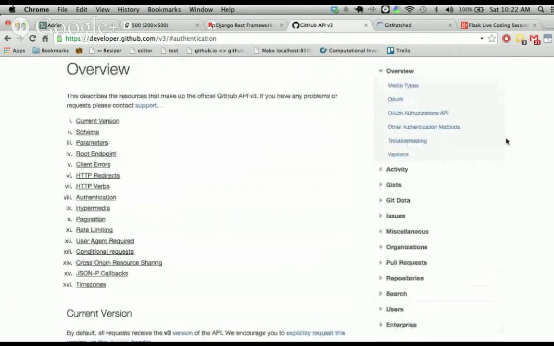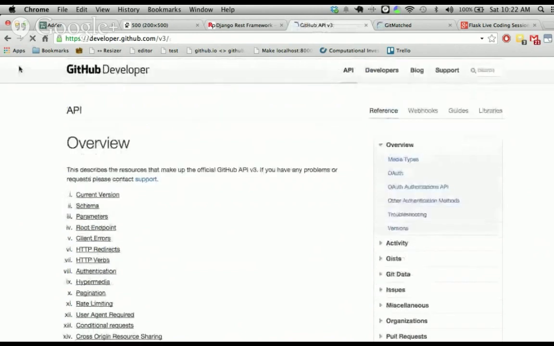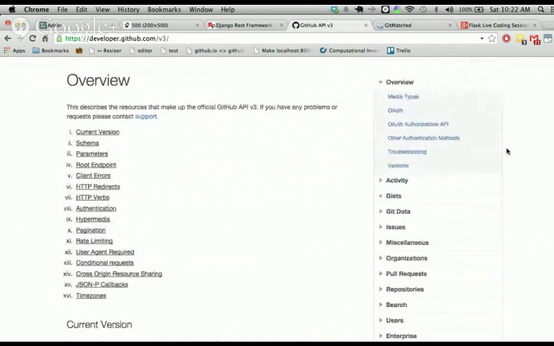on the right side over here, this shows the logical organization of the API. If you were doing this on your own, you would just need to pick a category and see if you can determine the overall structure of the API. Now, for time's sake, I already know that we can use the search category to get what we want. So if we click search,